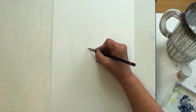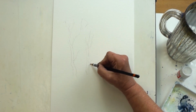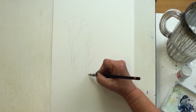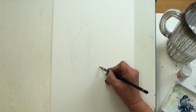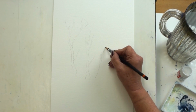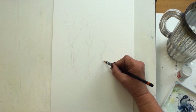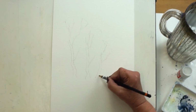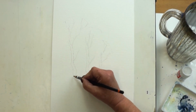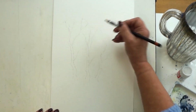Maybe like that. Maybe another branch here. You can have as many branches as you like. And maybe one, a little smaller one, kind of coming up like that. And I'm just going to put that little semicircle there so I kind of know where I'm going. Okay, so we've got 3 trees very roughly drawn in, because I don't want to